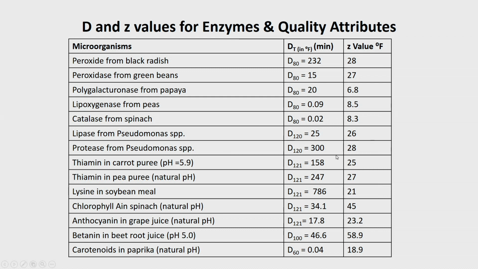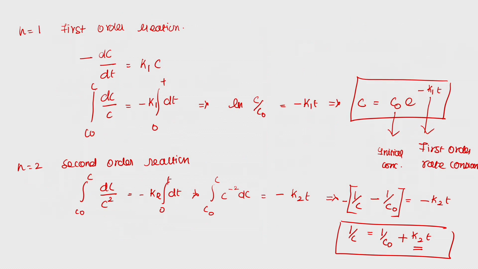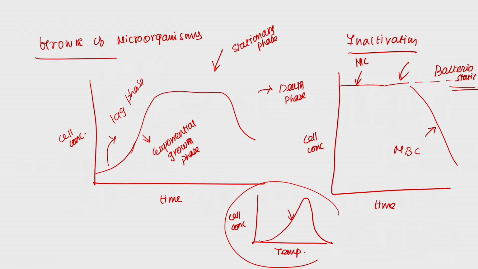And also, when we talk about the kinetic expressions, I have already told you there were a few factors affecting the growth of microorganisms, right. So based on these factors, there were many models. For example, if they talk about temperature and pH only, they call it a secondary model, and when they talk about activity also, they call it a tertiary model. There were many models available, but still we have taken here the Arrhenius model, and my microorganism inactivation is following first order reaction. So here I talk about the growth phase as well, right.